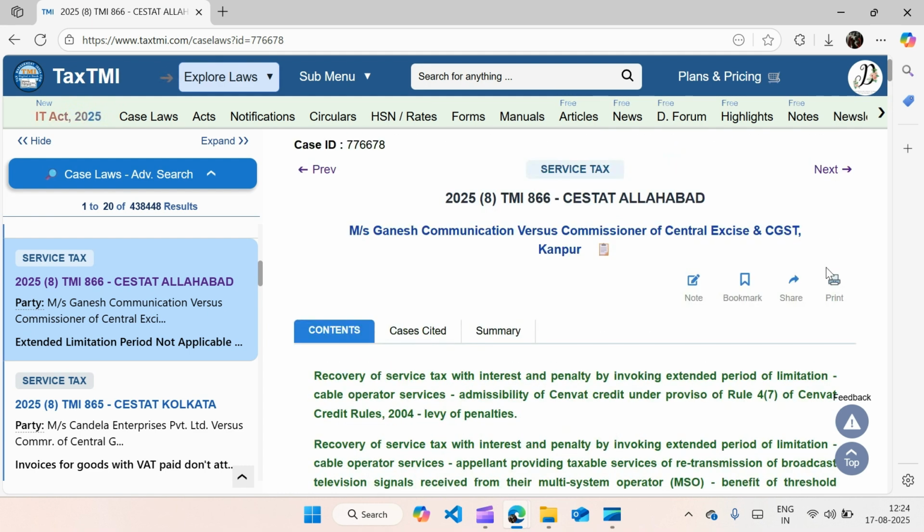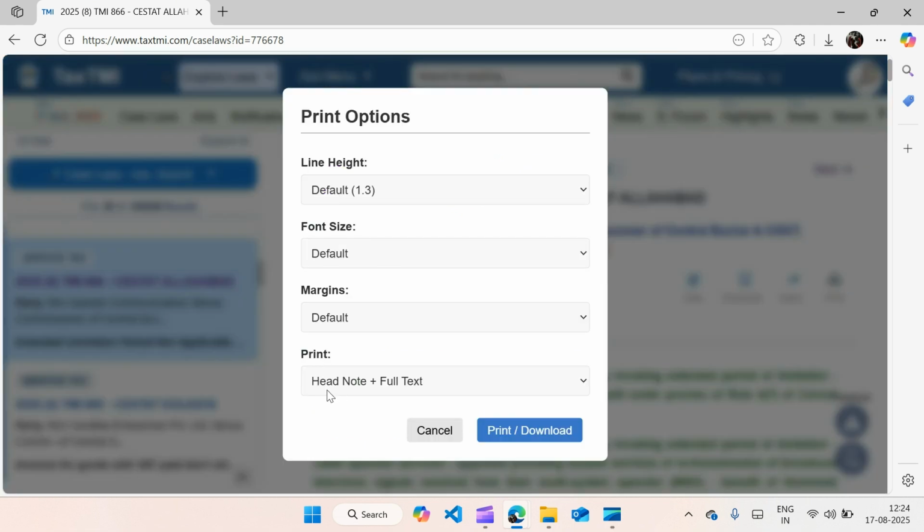And here are four options: note, bookmark, share and print. If I click on print, then these are all the options. And if I do not choose any option, then either I can just press enter on my keyboard or I can click on this print or download button. So when I click on it,